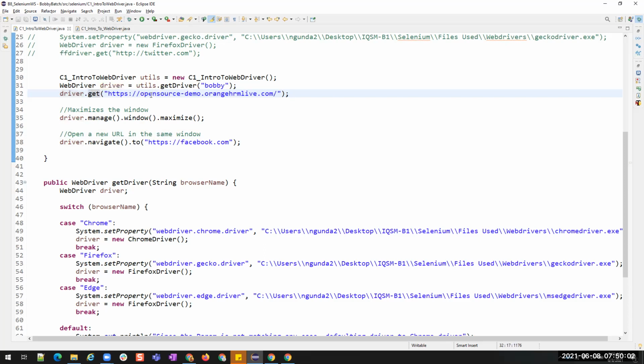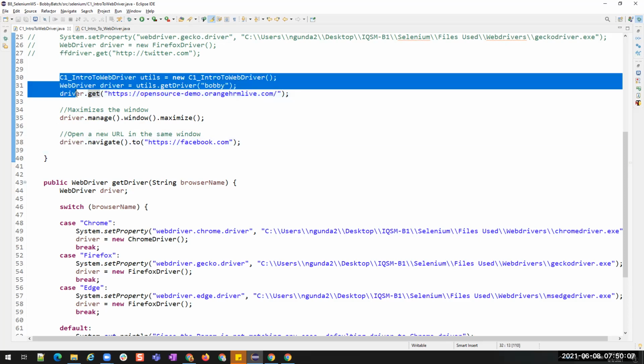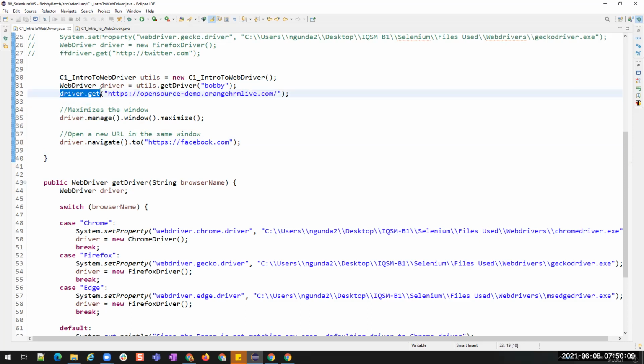But with driver.navigate, we have already opened a browser and navigated to this URL. That means we already have a browser tab open. Now in the tab, I want to go to a different URL, so we use driver.navigate.to. Once the browser is opened successfully, you can use this.